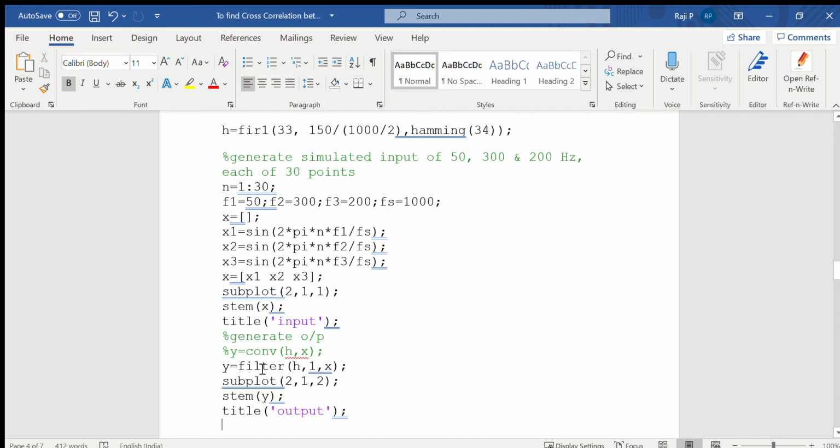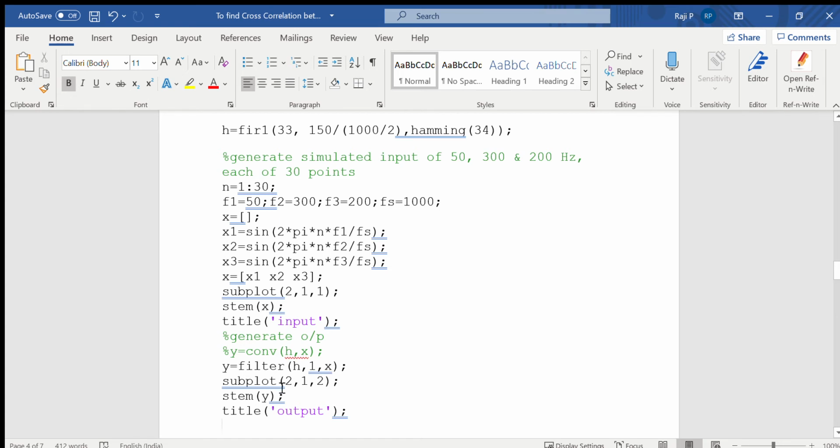Then, in order to get the filtered output, we can use either the convolution function or the filter function. As it is an FIR filter, its general equation numerator will be 1. So we give the impulse response h, comma 1, and the input signal x.